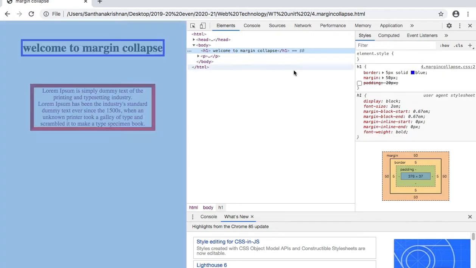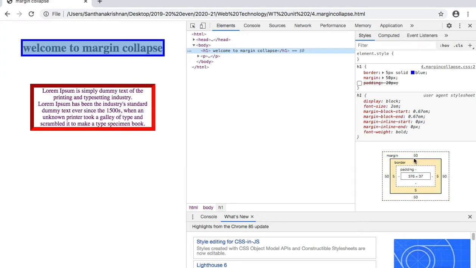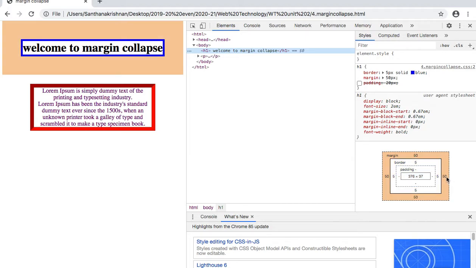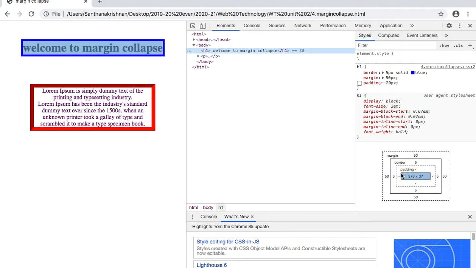So here you can visualize it. Margin on all four sides is 50, and that's why it is displayed in orange color. This is an area of 50, and border is 5 pixels, and that's it. No padding, so green color, nothing is displayed here.